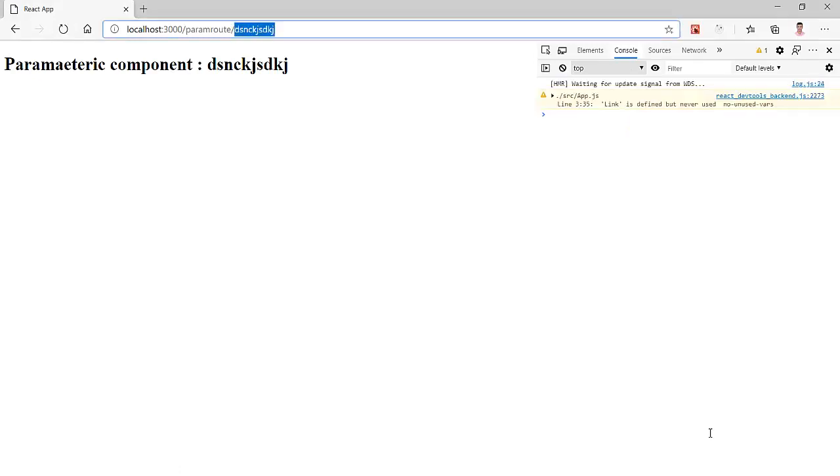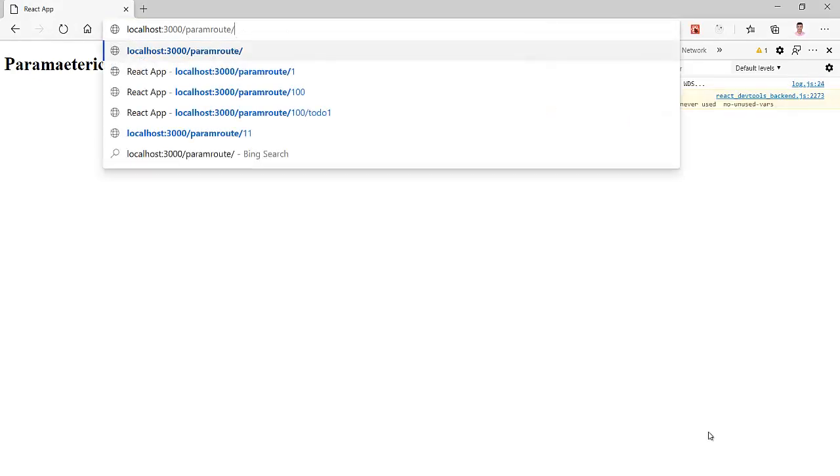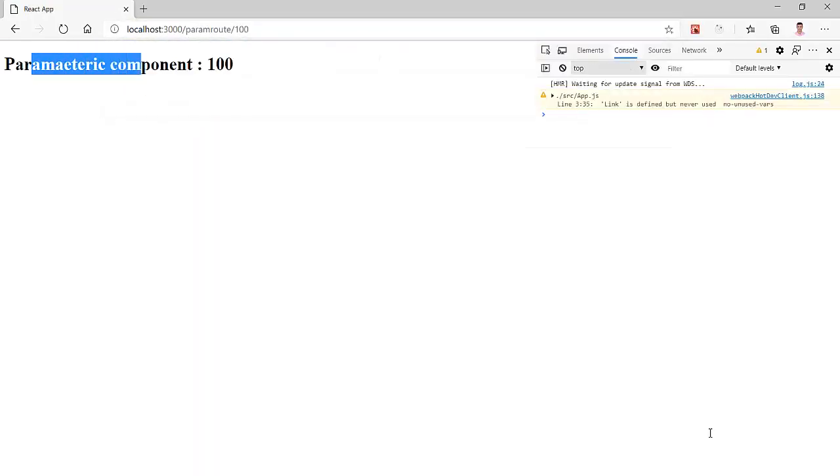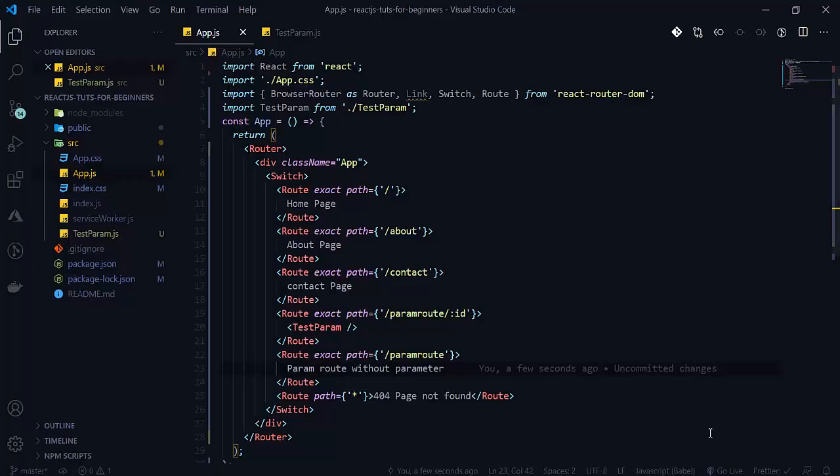Here I passed a param. When I use it without a param, see that we are getting param route without parameter. When I write 100 here, this is the parametric route and we are also getting our parameter. This is a benefit of React Router DOM. This is the difference between a simple route and a parametric route.